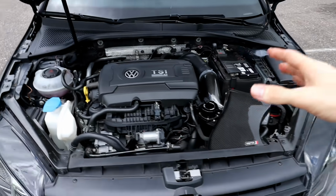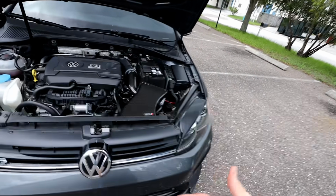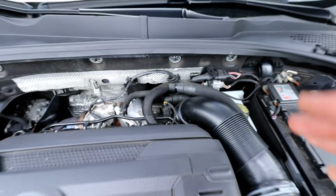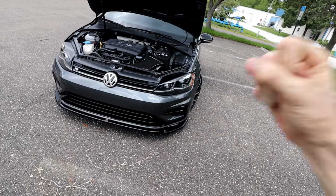And finally, the last mod I would say that isn't necessarily worth it, depending on who you are and what your goals are, is the turbo inlet pipe, which is back here. Now, you obviously do get more power out of it. It is a better design than the OEM one, but if you're looking at just the best bang for your